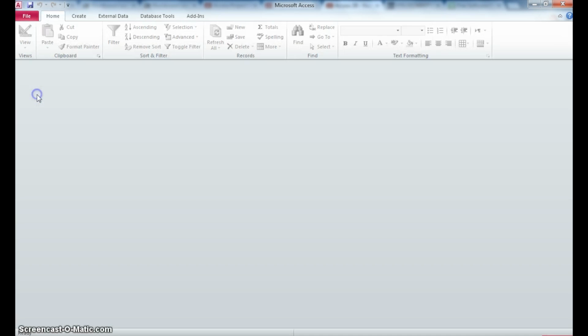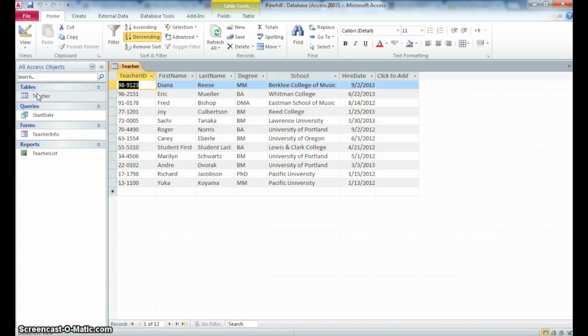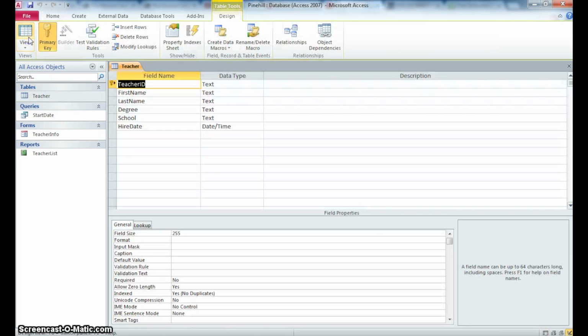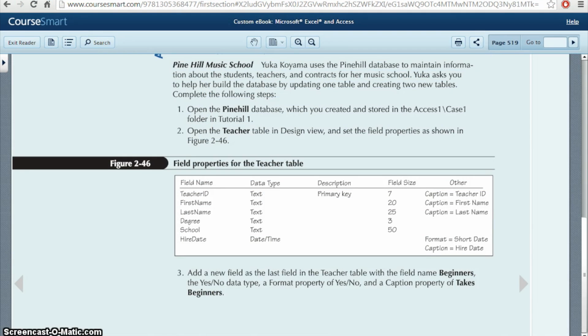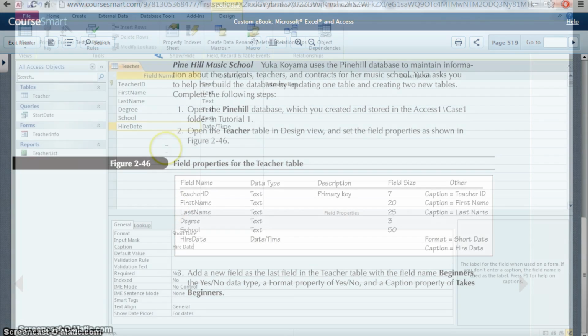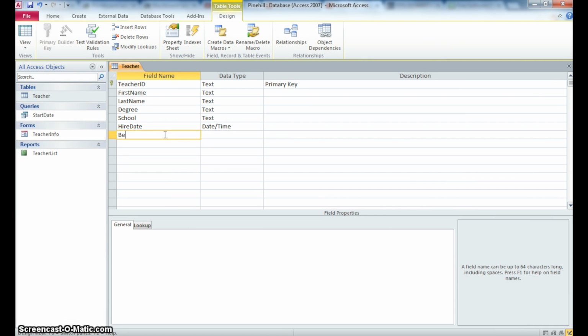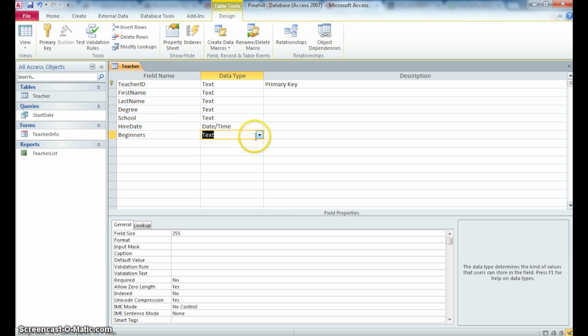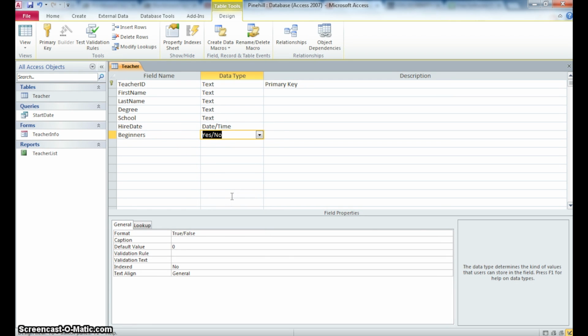To start, I will open the Pine Hill database which I created and open the teacher table in Design View and set the field properties as shown in Figure 2-46. Next, I will add a new field as the last field in the teacher table with the name Beginners with the Yes/No data type. I'll change the Format property to Yes/No and in the Caption property enter Takes Beginners and save